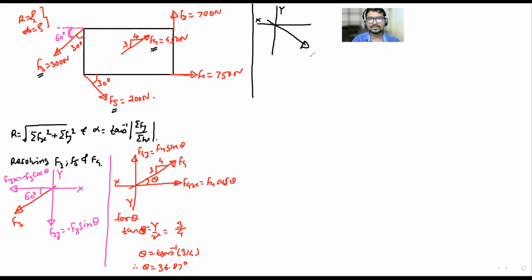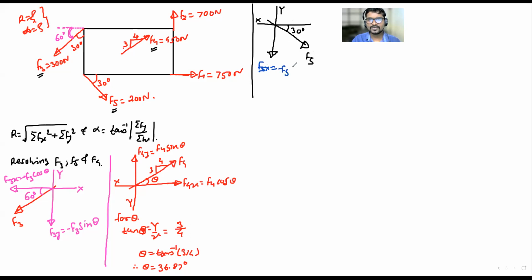What is the angle of F5? 30 degrees. That is given to us. This is a y component, minus. So F5x is equal to